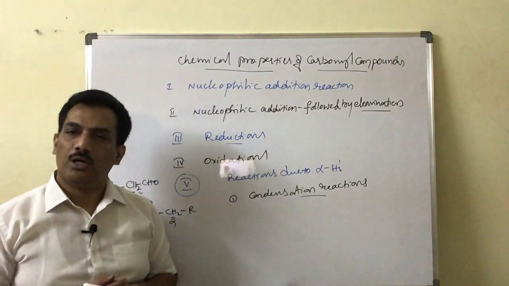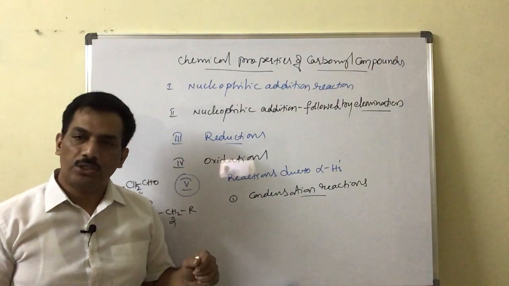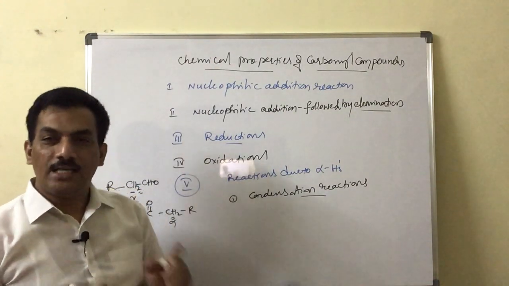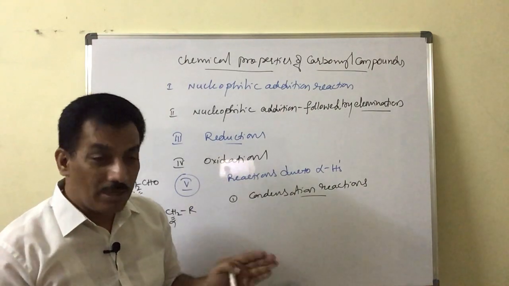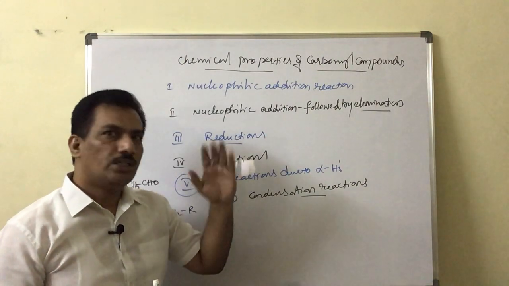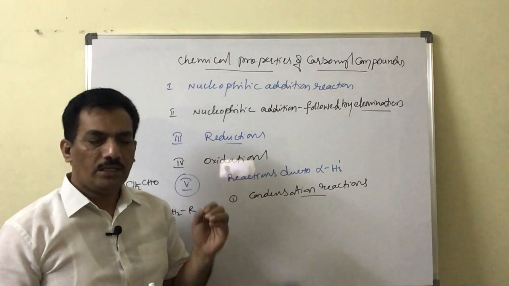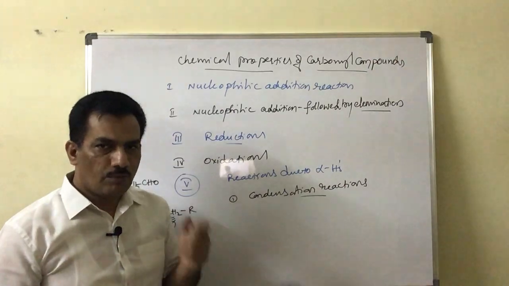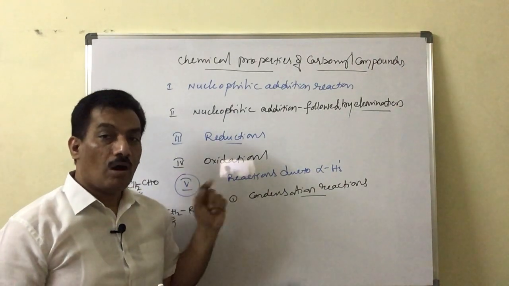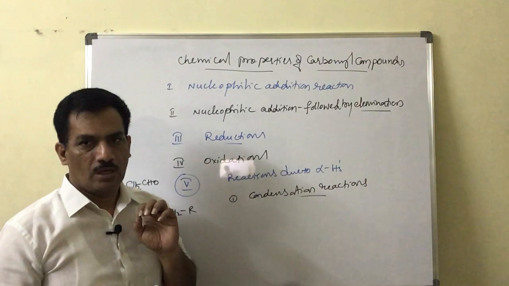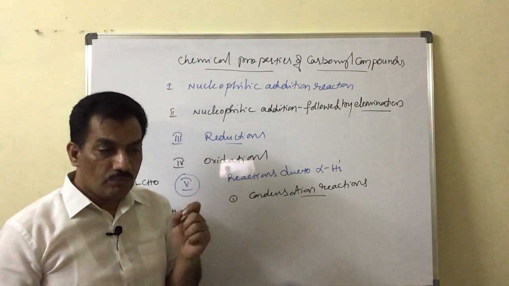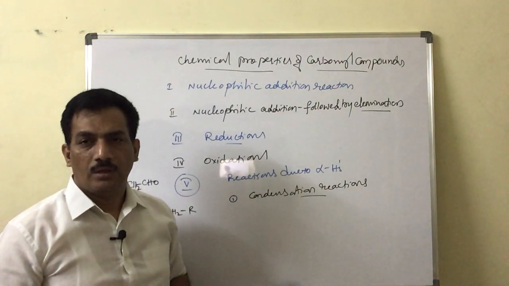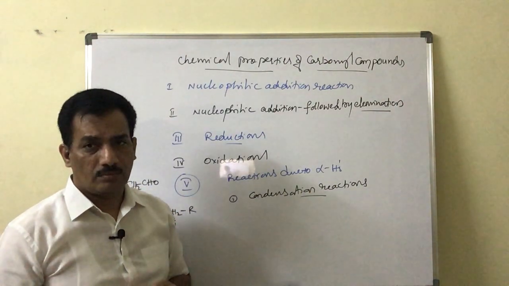Aldol is the addition product, and thereafter elimination; that addition and elimination combined is known as condensation. And aldol is an intermediary product, not a reaction intermediate. Reaction intermediate is a different thing. A reaction intermediate is something formed temporarily while the reaction is going on. Here aldol is an intermediary product. If we deliberately create conditions for this aldol to exist, the reaction will be prevented from going further. Are you following?